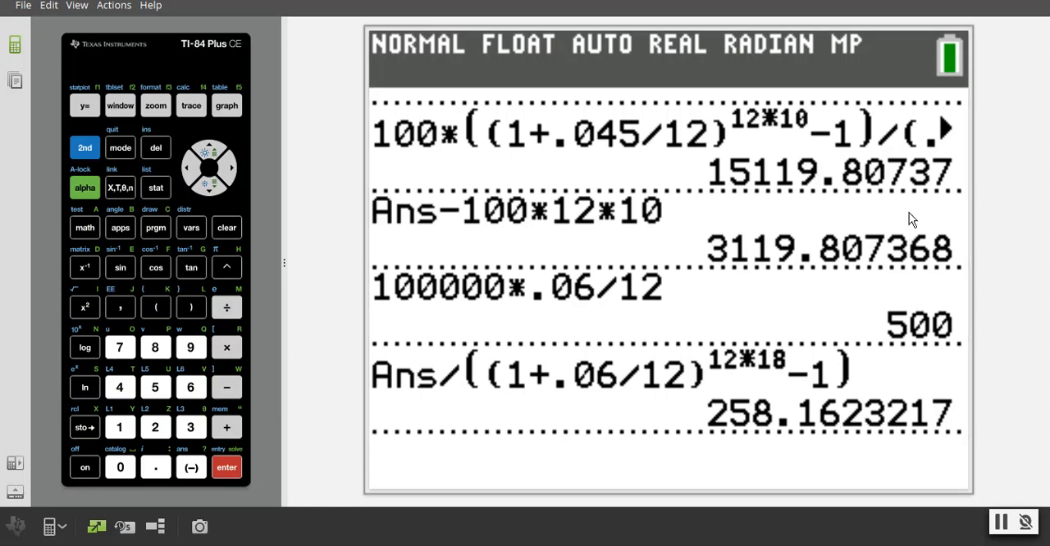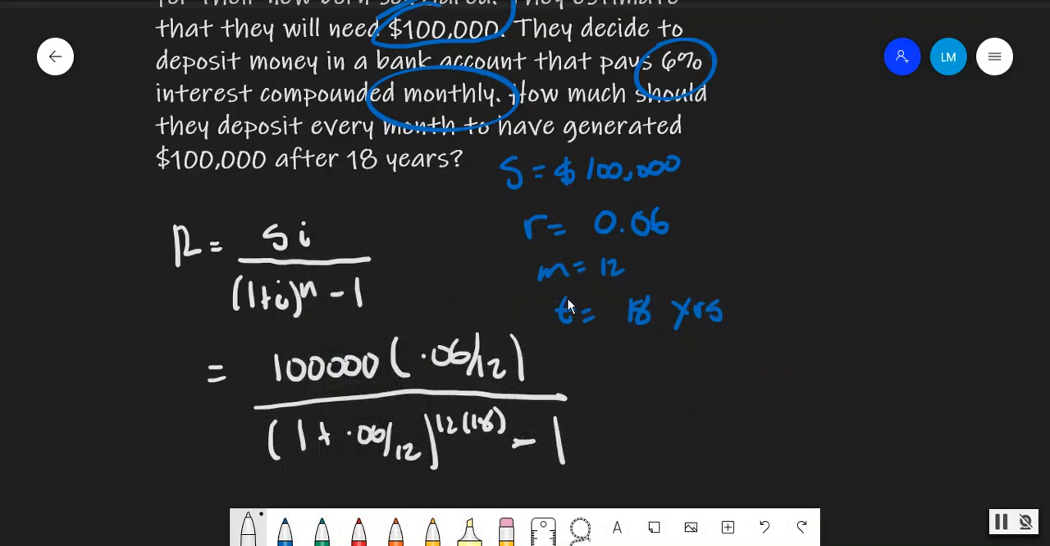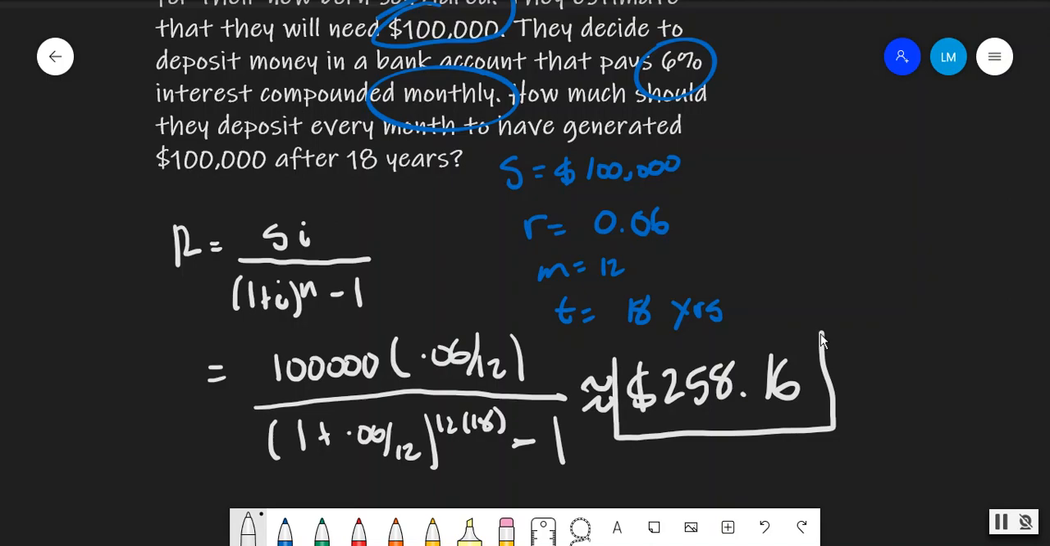And 258 and 16 cents. So that's going to be 258 and 16 cents that the family, Jordan and Angela, need to deposit to have $100,000. Now, of course,